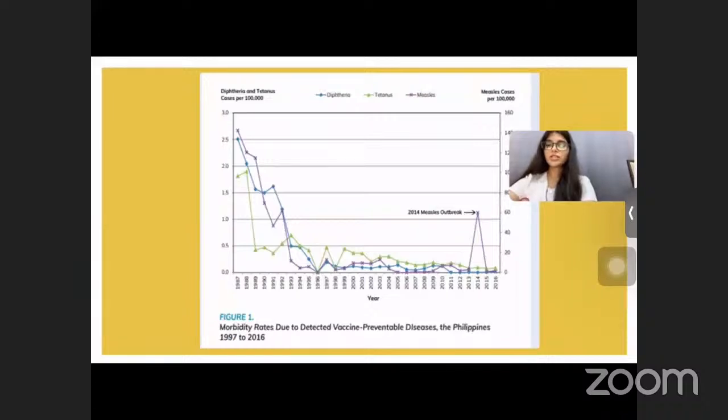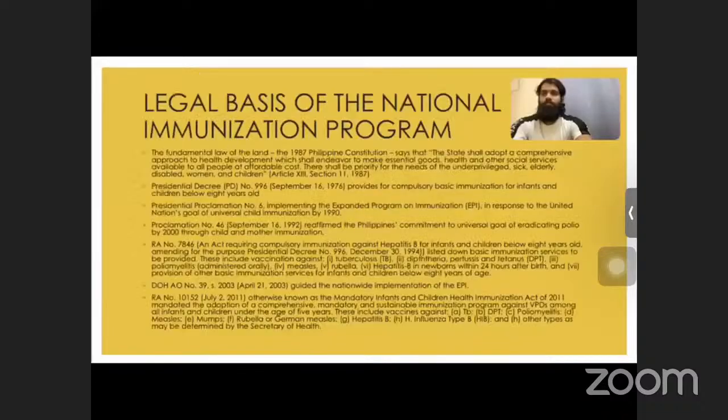Here in this figure, we can see the morbidity rates due to detected vaccine-preventable diseases in the Philippines from 1987 to 2016. In 1987, we can see the vaccine-preventable diseases are at an all-time high, and they gradually decrease as the development of vaccines occurs. From 1998 all the way to 2016, we can see a gradual decrease in both diphtheria and tetanus, whereas we only had one outbreak of